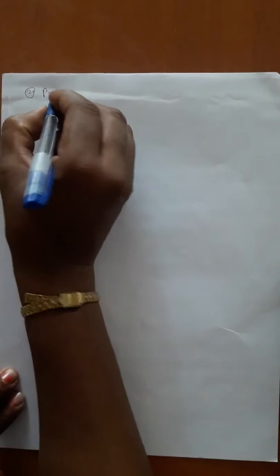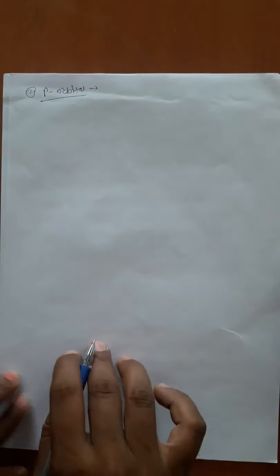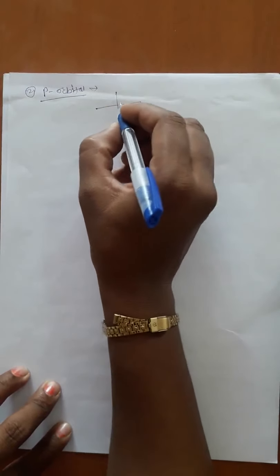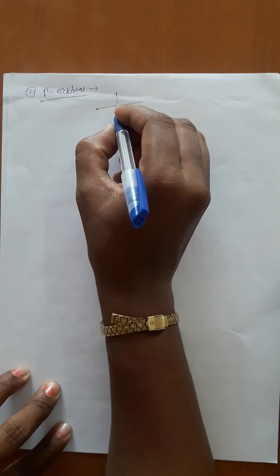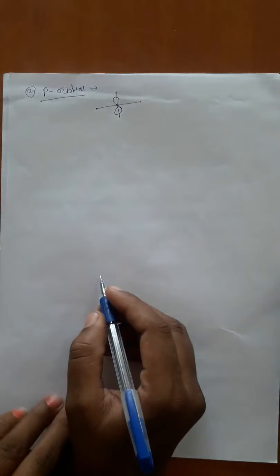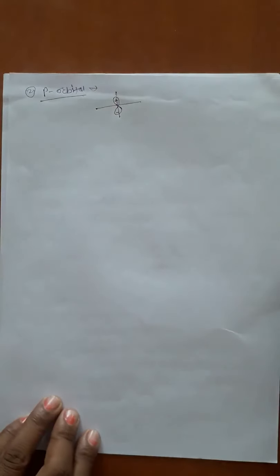Ungerade means what? We have to take the p orbital as the example. What is meant by the ungerade transition? Ungerade means the shape of the p orbital is the dumbbell shape. Okay, this one is the plus and this one is the minus.